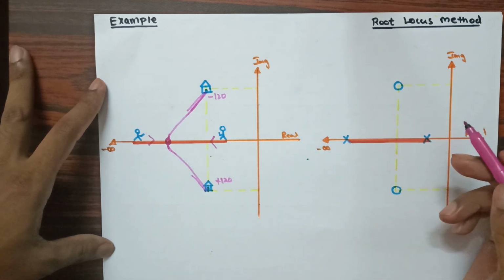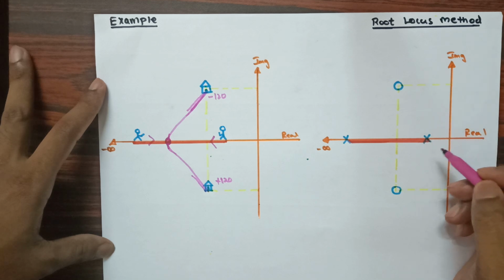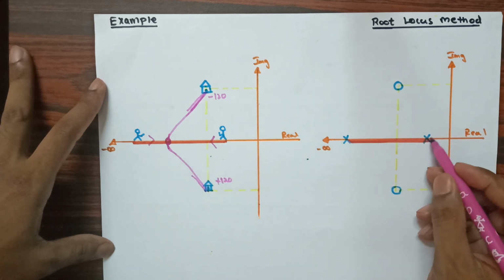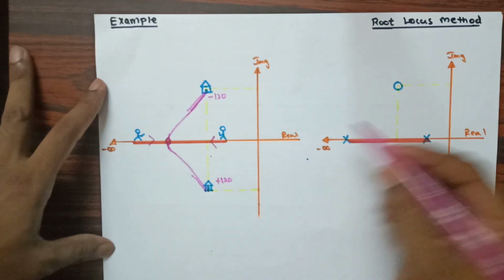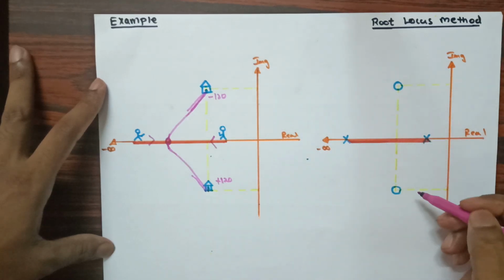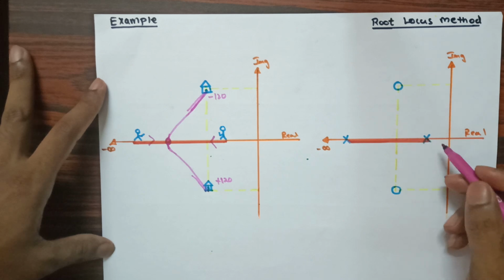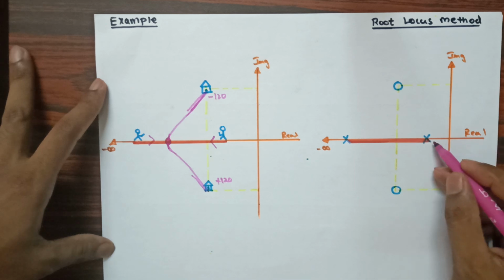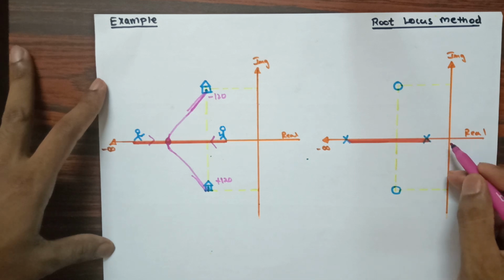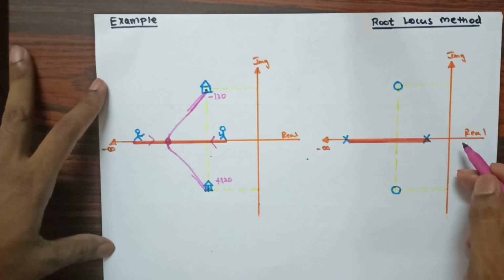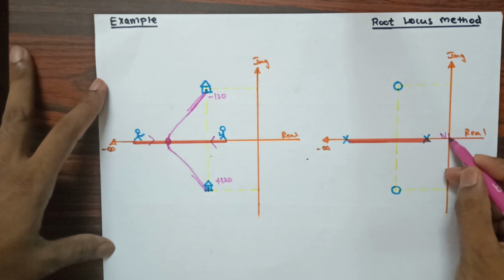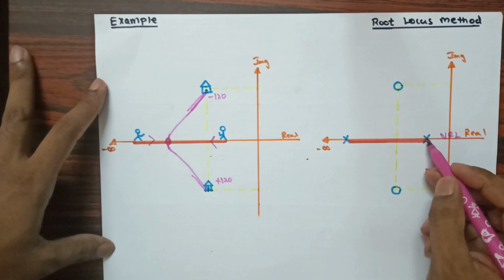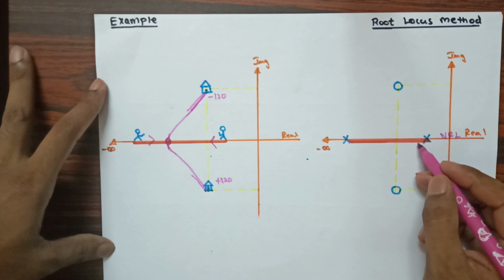Now in the root locus method, we have considered poles and zeros. You can see here in place of the person I have replaced with poles, and in place of the hut I have replaced with zeros. Now you can see that in this we are having complex poles. So as usual we are going to first find the no root locus path and root locus path. From this point to this point I am not having any pole or zero, that is count is 0, and 0 is an even count. Therefore from this point to this point I am going to consider no root locus path, and from this point onwards I am getting one pole. 1 is odd. I am going to start to consider the root locus from this point.